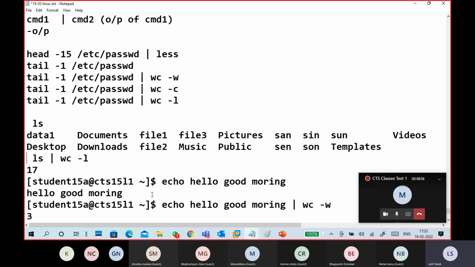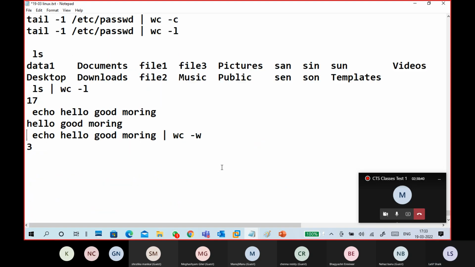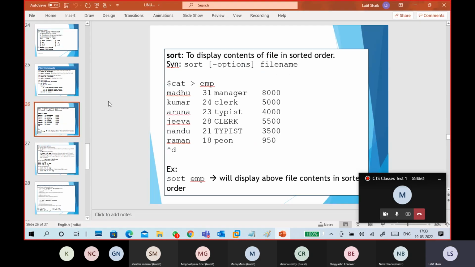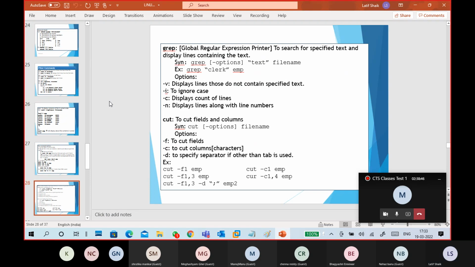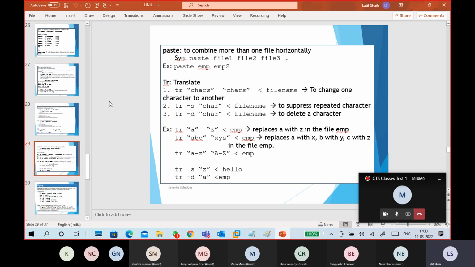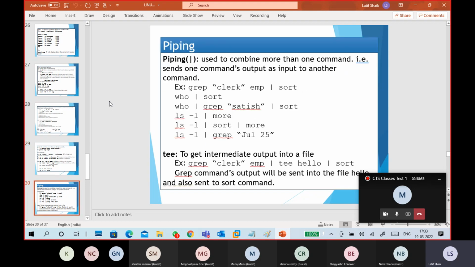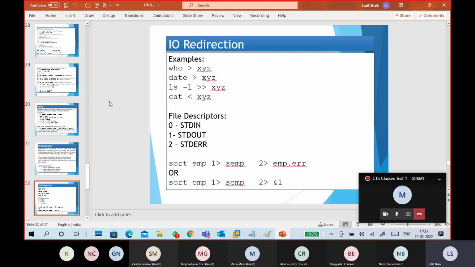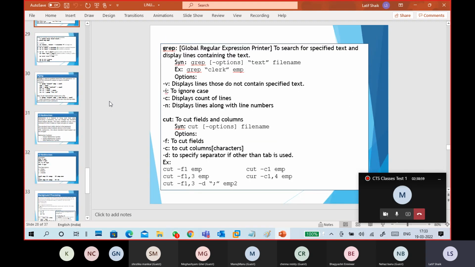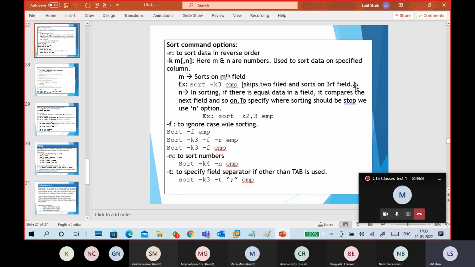Of course, it will keep going. You can also try yourself. The next things are sort, grep, cut. Don't touch the grep, guys. Sort, cut is okay. Paste, translate. Yeah, pipe is this one. You can try yourself also. It is quite easy. I want to complete this sort kind of stuff